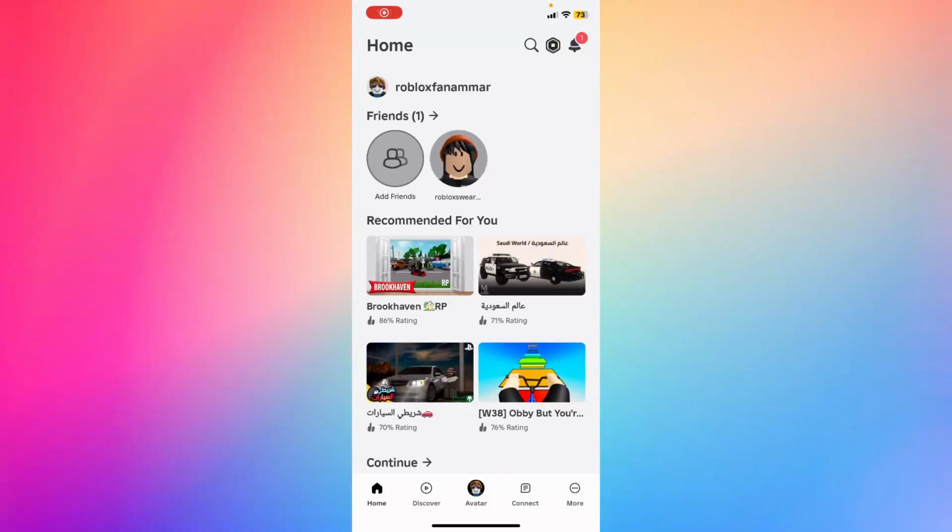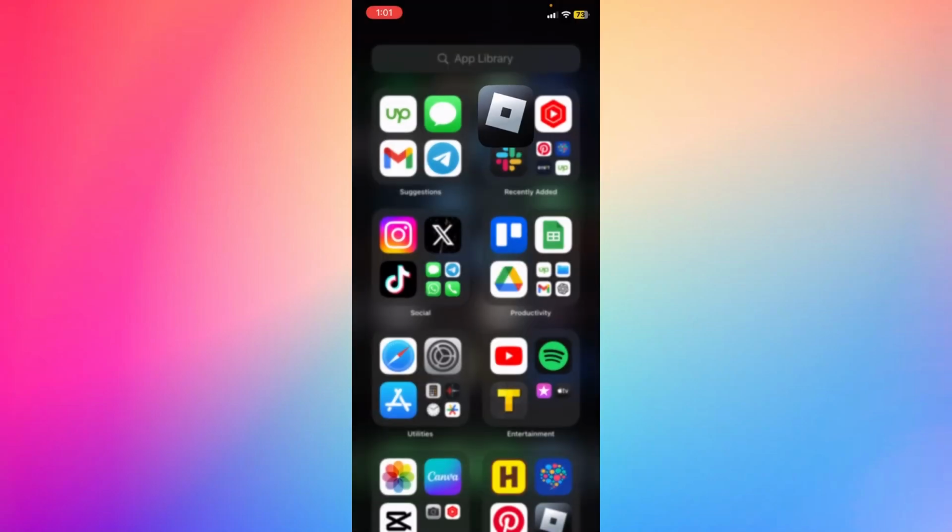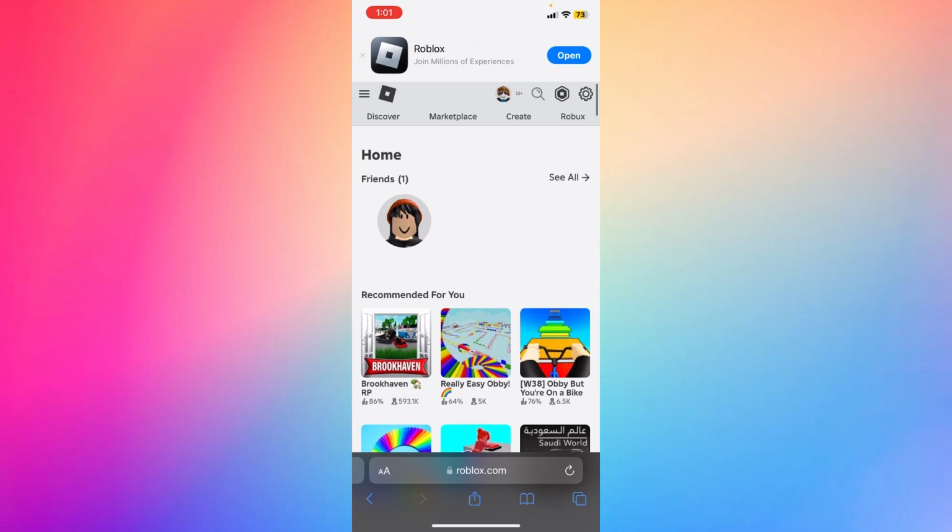How to basically change your name in Roblox. So first of all, you can just go back to your screen and then go ahead to the Roblox website. Basically what you're gonna do next, you're gonna just go ahead and log in with your username and password, and